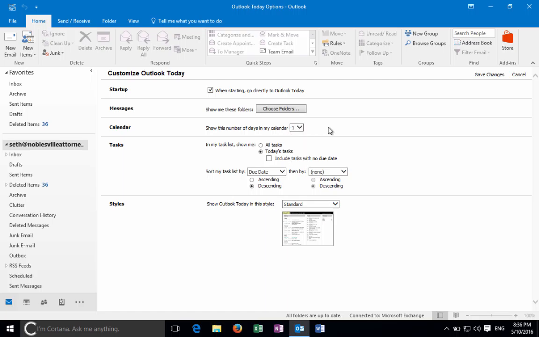I do 1 to 3 somewhere in there just to help me focus on where I'm going, and I know I'm going to get into the calendar to look at a bigger picture view at some point during the day. So this is just to really get me focused on whatever I'm doing that particular day. Again, under the tasks section, if you use tasks in Outlook, you can filter this task list to either show all your tasks, which can be overwhelming, or things that are just due today,